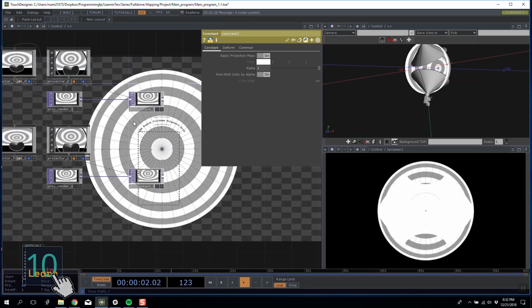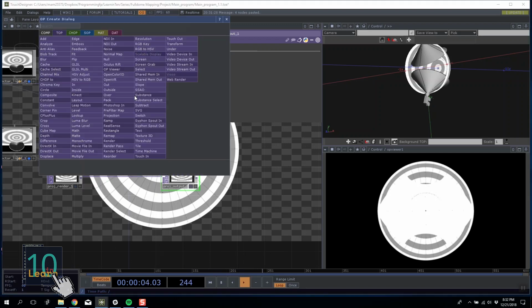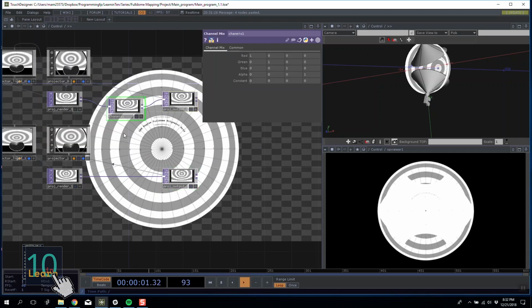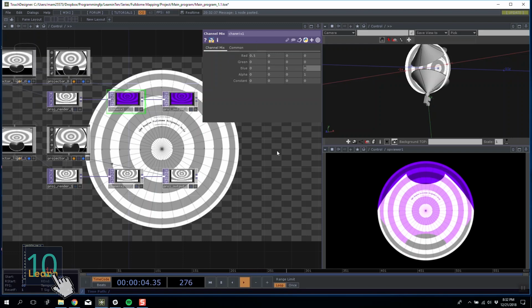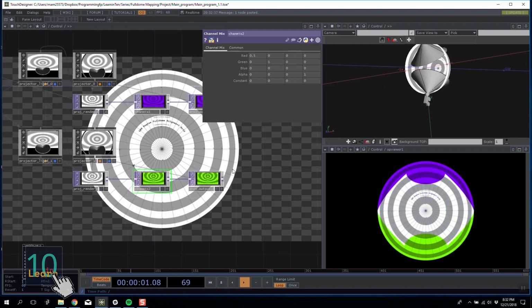A really good method, and what we'll actually do later, is we're going to add a channel mix. We're going to add one of these to both sections. What we're going to do is remove certain colors from certain projectors. So this one is going to be 0.5, 0, 1. And this one is going to be 0.5, 1, and then 0. So now these are inverse colors from each other, so that when they overlap perfectly, we will get white,